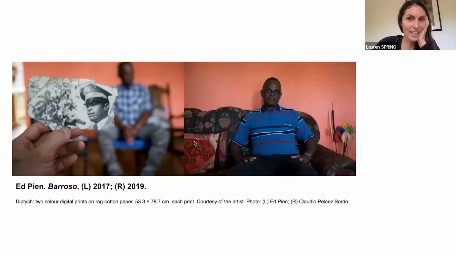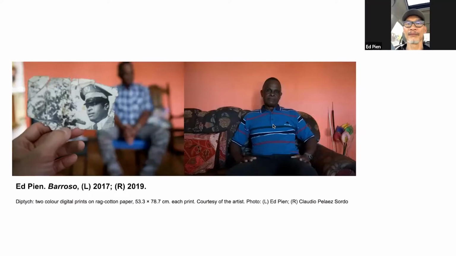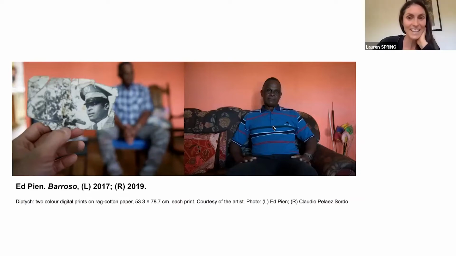And you'll see that Ed has been very deliberate about different types of photographs and locations and some of the themes he's working with, but also the process and the individuals have altered things, and he's been open to adapting initial ideas according to their needs and their personalities. Do you want to say anything in general about the exhibit before we take a closer look at this particular diptych, Ed?